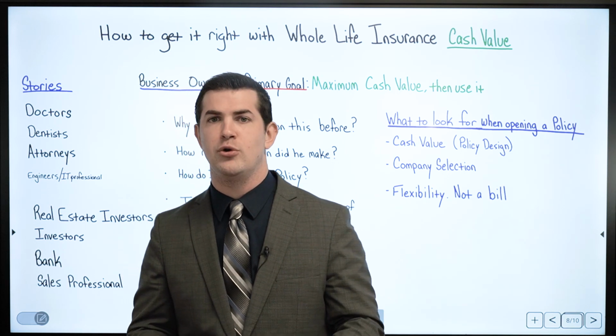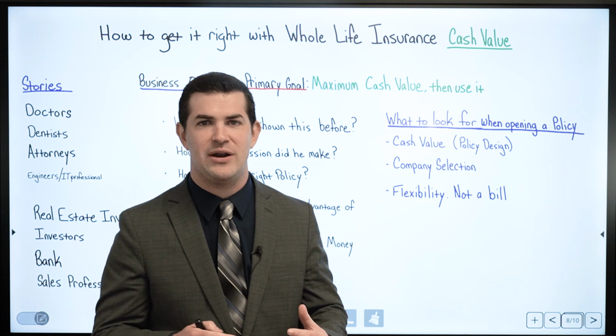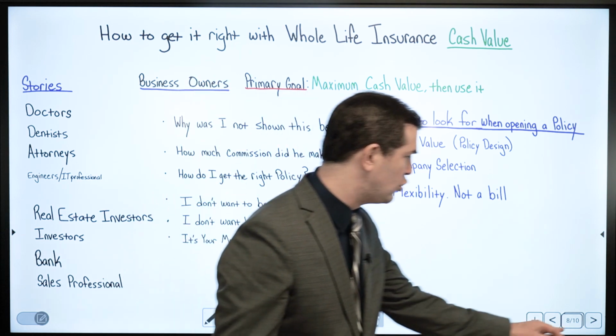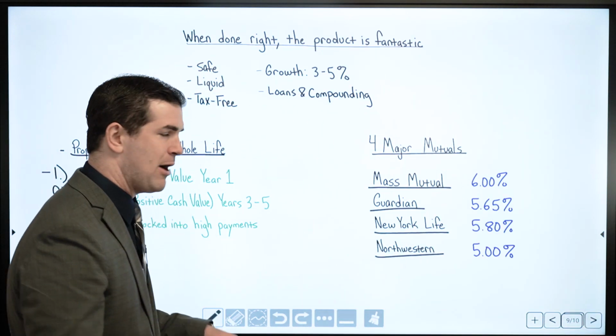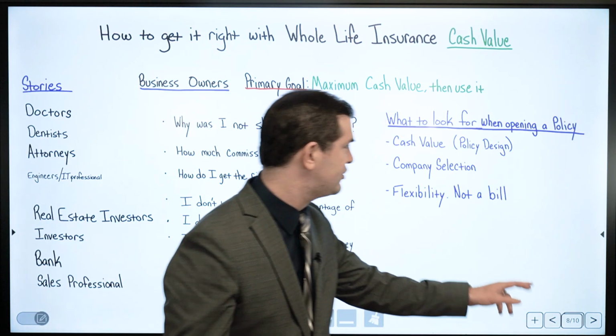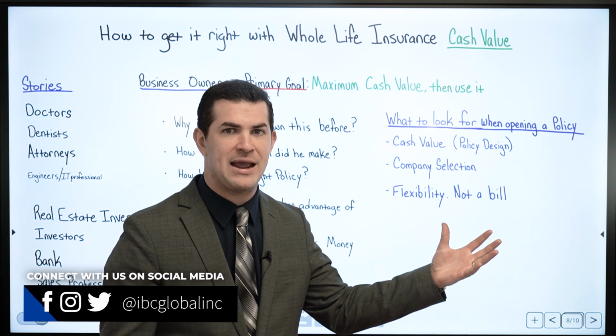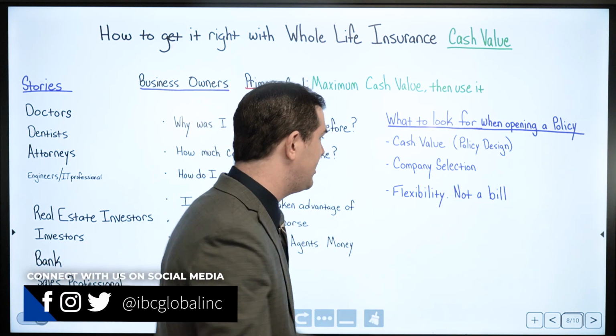If you're a business owner and you're looking at, okay, I like this idea of high cash value life insurance if I just focus on the core benefits. What do I have here? I want to make sure it's set up right. What do I look for? If I go back to this in a properly designed policy design, maximum cash value, company selection, and then the